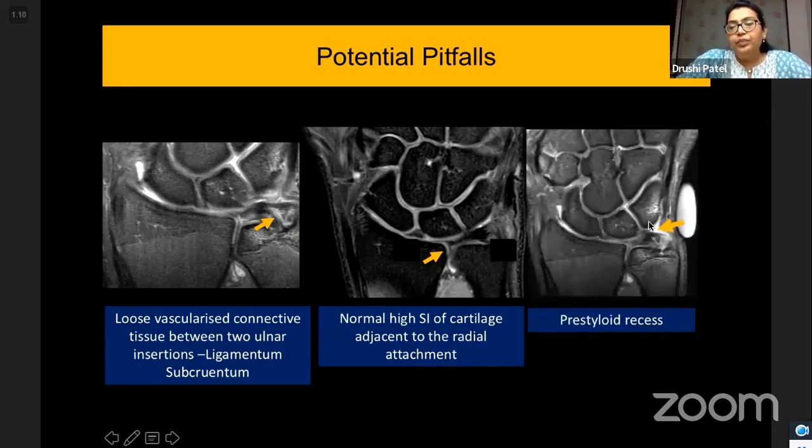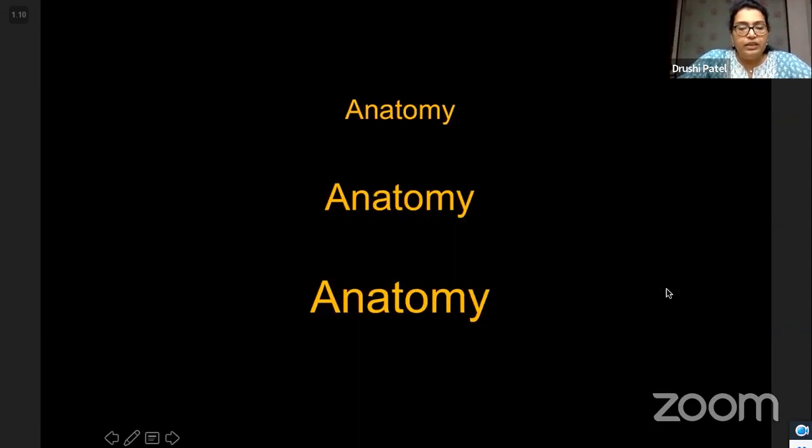Thirdly, some amount of fluid in the pre-styloid recess is considered normal and should not be mistaken for a tear. These are small structures, but once you understand the anatomy, scrolling through your sagittal and coronal images will help you identify all these structures. So it's all about the anatomy. You get it right, you'll pick up things which are not seen